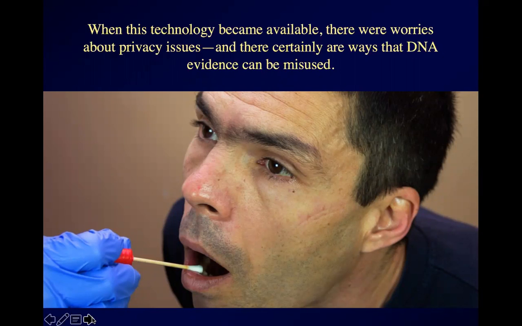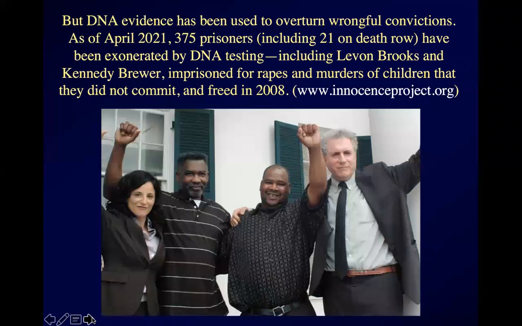But I want to end on a slightly higher note, because one of the things that you can do with DNA evidence is overturn wrongful convictions. And as of April of this year, 375 prisoners, including 21 who were going to be executed, have been exonerated by DNA testing, by lawyers taking their case,